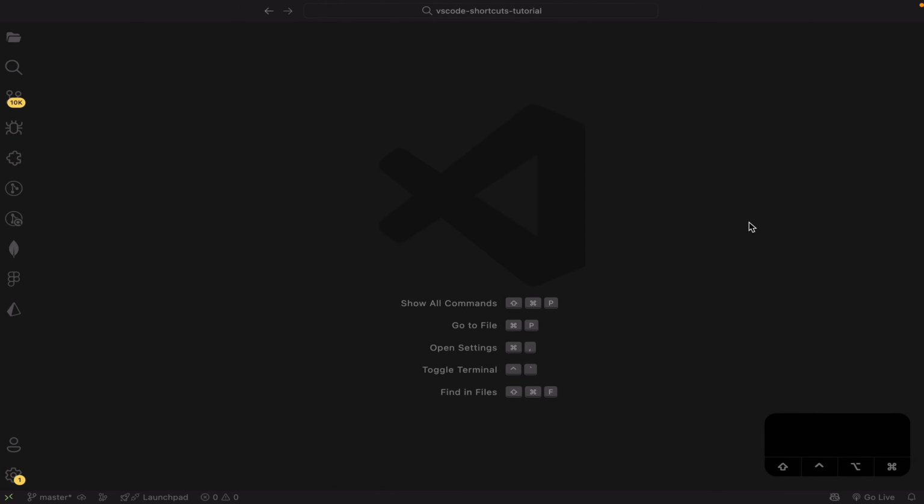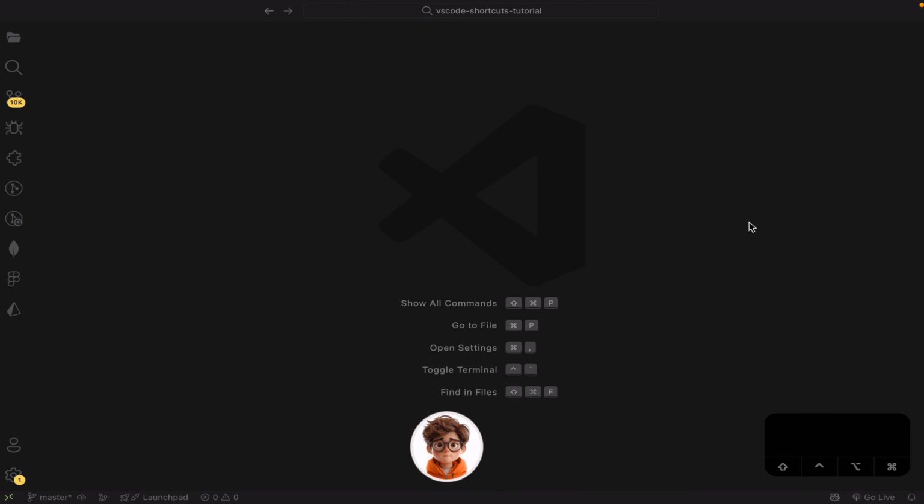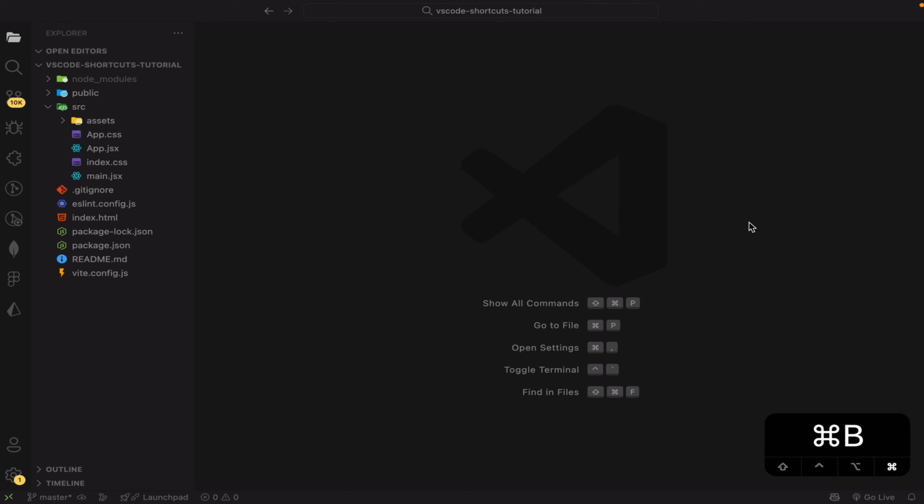Shortcut number 9 is Command-B. This shortcut is used to open the sidebar in VS Code. That's the panel on the left side where you can access your file explorer, source control, extensions, and more. Let's say your sidebar is hidden. Just press Command B to open it. And when you want to hide it again and get more space to focus on your code, press the same